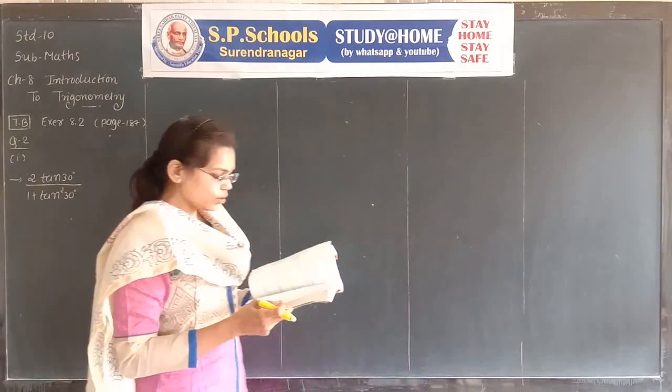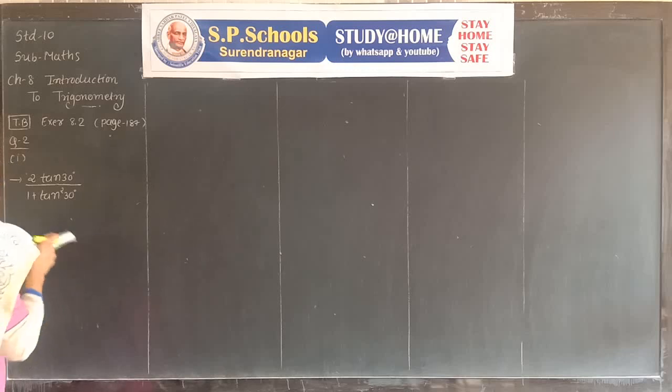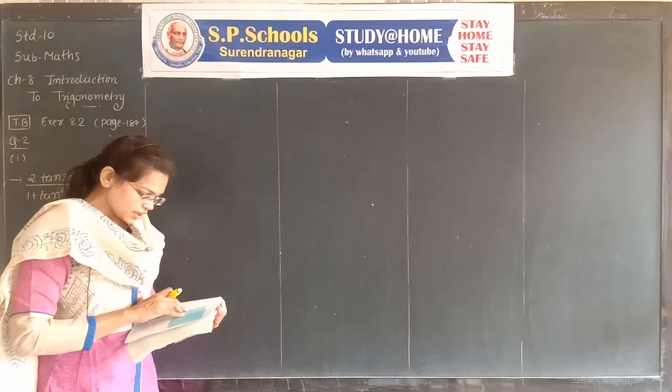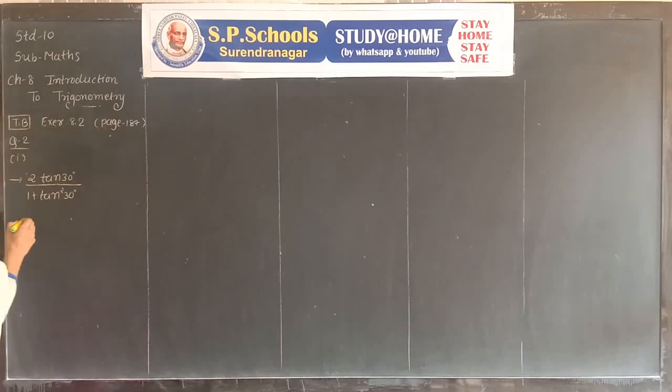First of all, to solve 2 tan 30 upon 1 plus tan square 30, use the table to know the value of tan 30. Tan 30 is 1 upon root 3, so it equals 2 times 1 upon root 3 upon 1 plus 1 upon root 3 whole square, which is equals to 2 upon root 3 upon 1 plus 1 upon